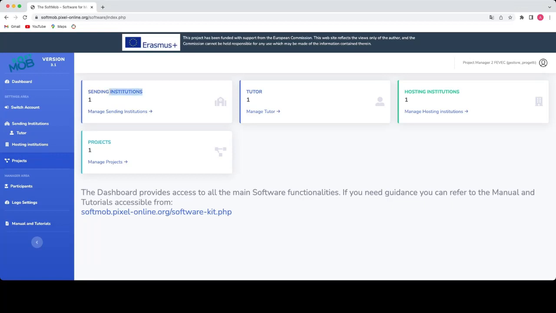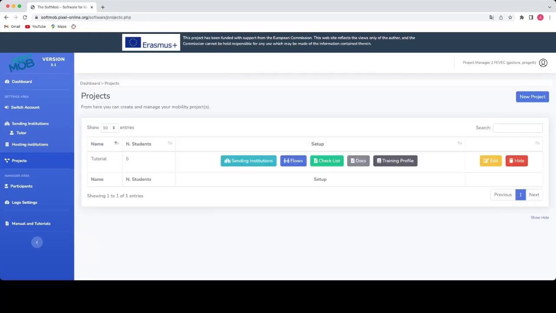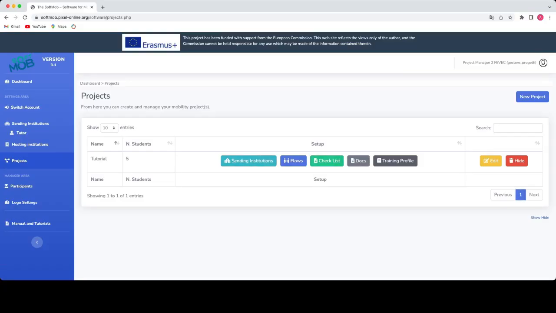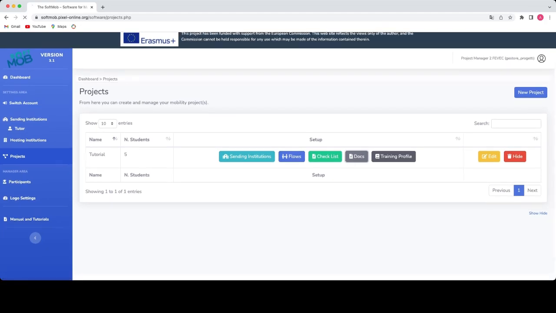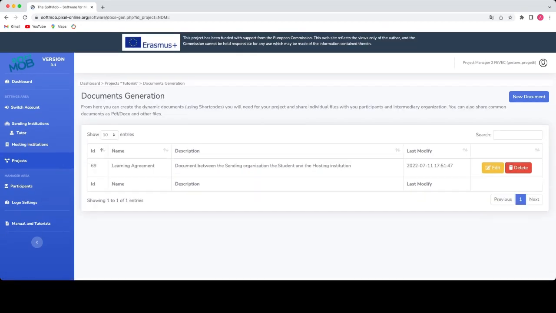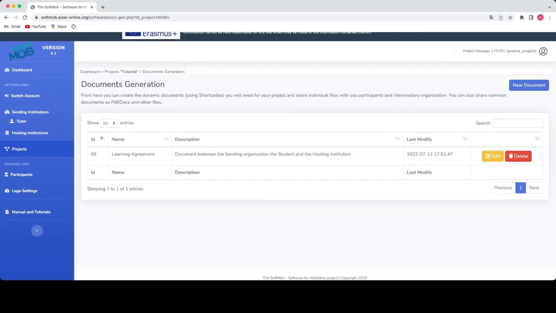So the sending institutions is well managed, hosting institutions as well, the tutor figure, and the project, of course. Once we go to the project, we will have all these tabs, and the one that we need in this case is docs. We click on docs, and here we will have all the list of the documents that we will create, and we can delete everything that you don't need anymore or edit if there is some updates on